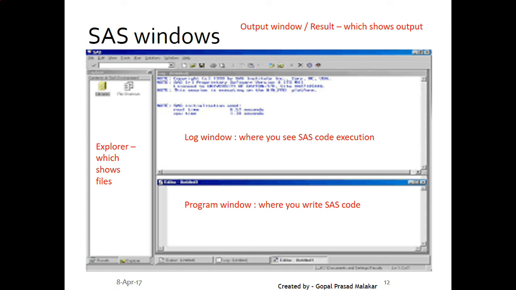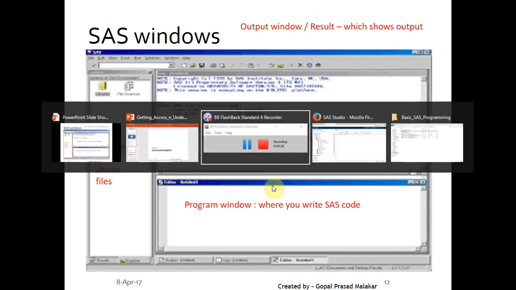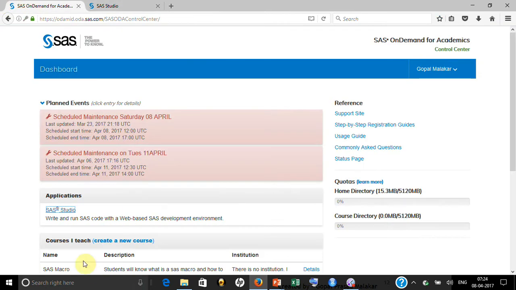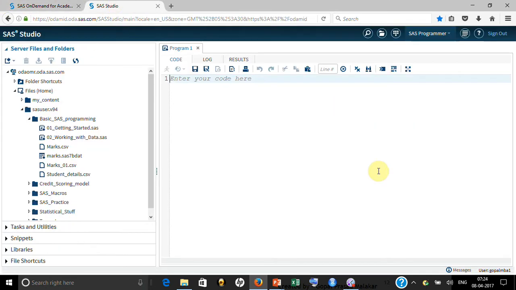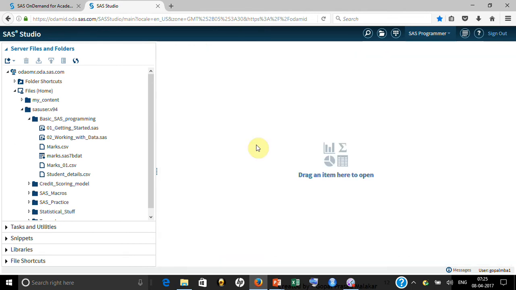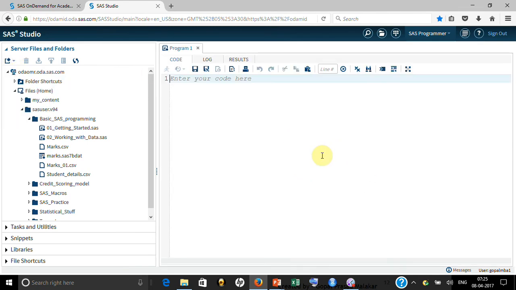The SAS on-demand version has a slightly different environment, but all those things are there again. Let me show it to you. So once you come in and you click on SAS Studio, it opens something like this. If you look, right now it has got code, log, and result. If by any chance you close this and you want to create a new one, keep in mind you see a star kind of thing on the top, or here you go, you see a new kind of thing is coming. You click on new, you can always say SAS program and it will open a window like this.